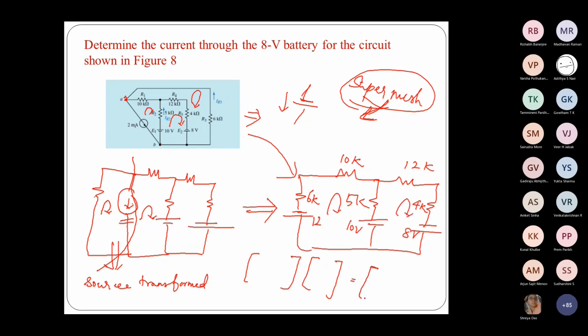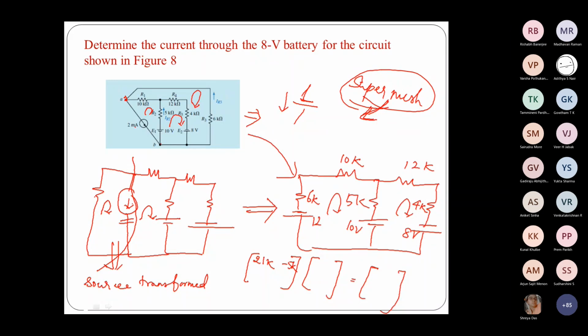So can anyone tell me? Ma'am, 16 minus 5, first row, I'm telling. 16 minus 5. Why minus 5? It's a common resistor, no? 16 plus 5. For this loop we have 3 resistors, right? Oh, right. Yeah, very good. So sorry, 21K. And then here 20 minus 5K. As you said, it is minus 5K.